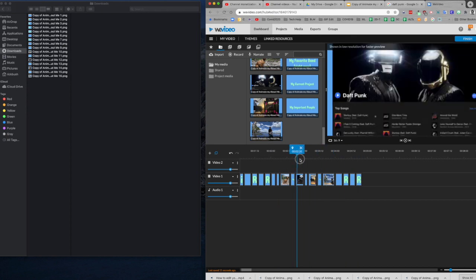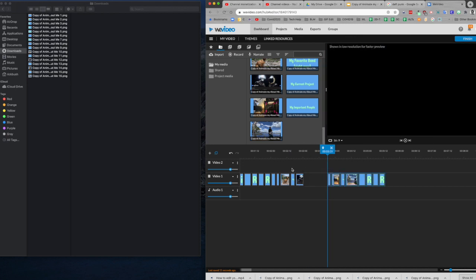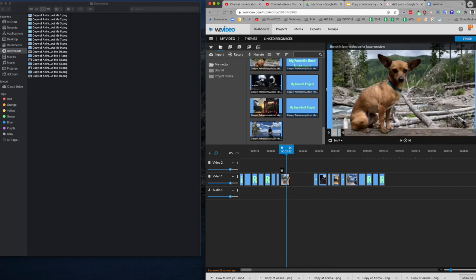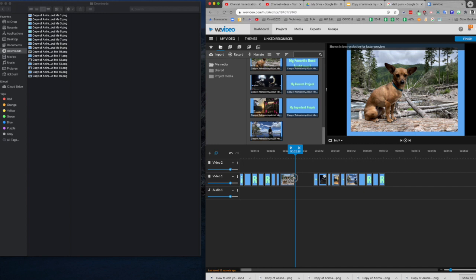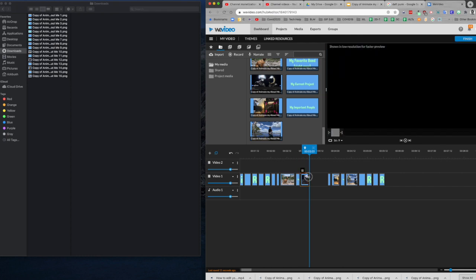I might actually go back and edit this to be a little longer on the page here. So if you want to edit, just highlight your stuff that you want to move. Actually highlight these 2 as well. And I want this to play just a little longer. So I'm going to go for right there. So that was 0.12. I'm going to go make that